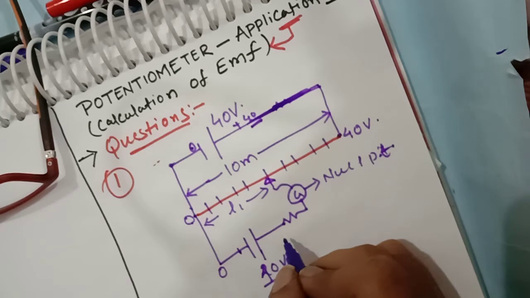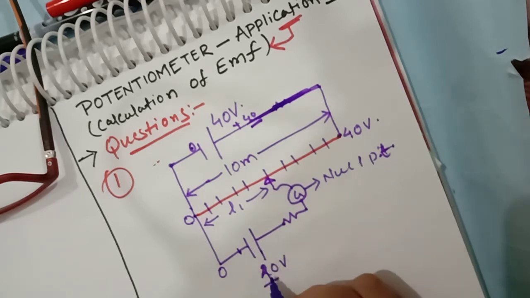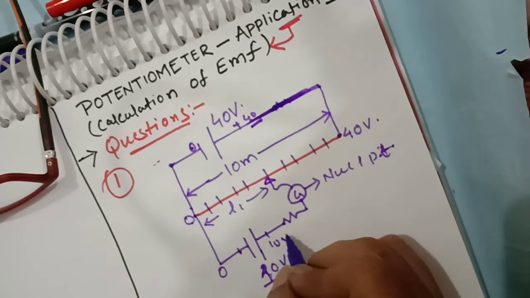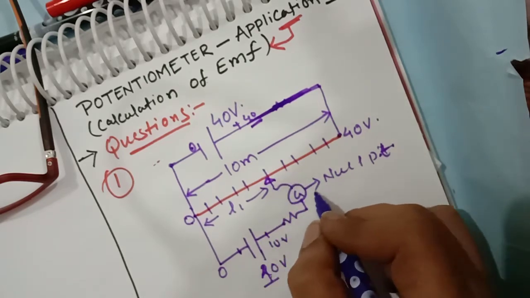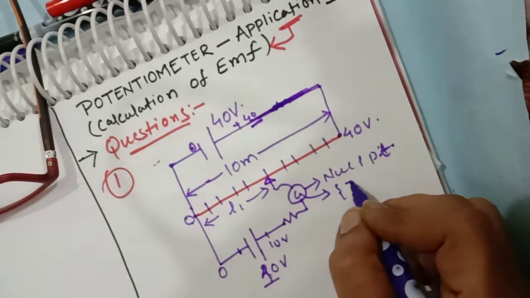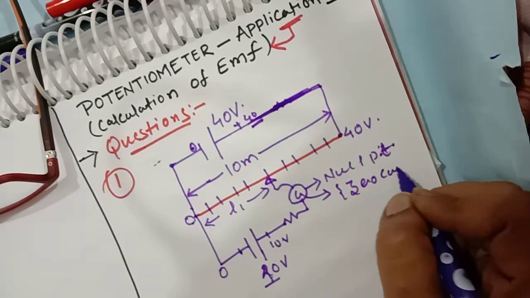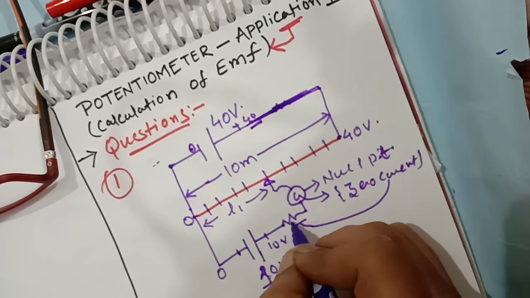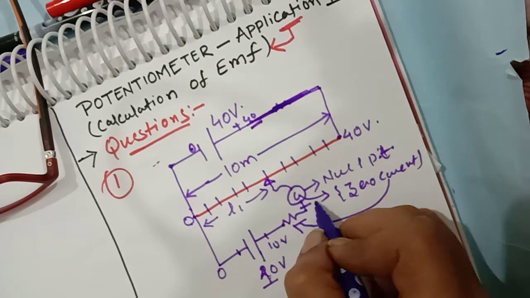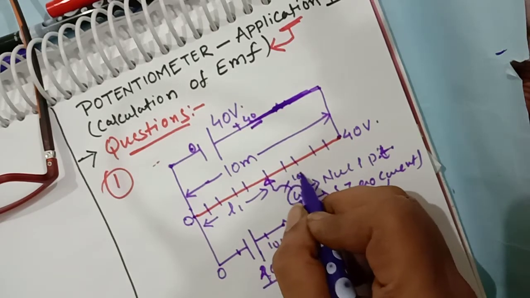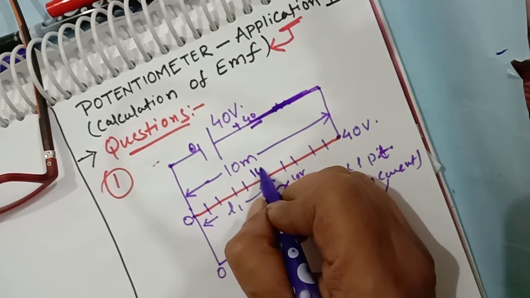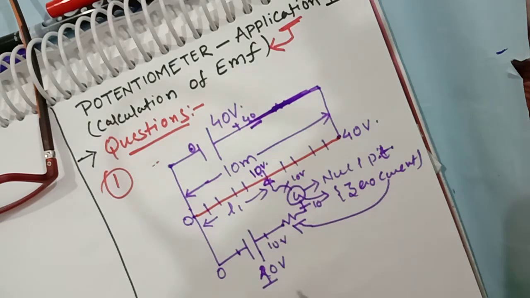Now an increase of E voltage was there, so here what is E? It is 10 volts, so it is 10 volts over here, right? Since the galvanometer is showing null deflection, there is 0 current. Since there is no current, there will be no potential drop across the resistor. So 10 volts will be here also, and here too, we have seen that it was E, now it is 10 volts over here, right?